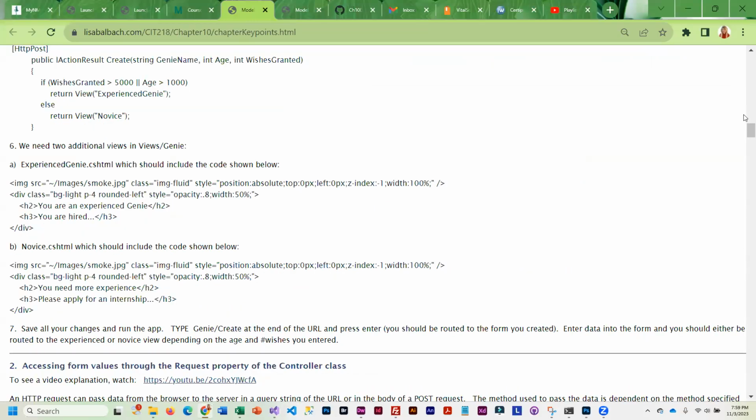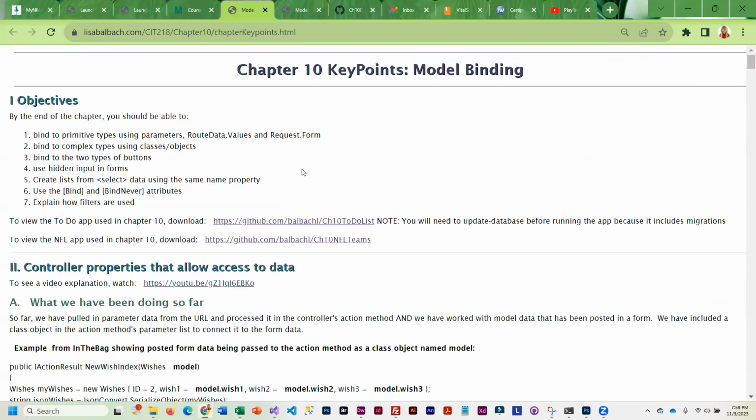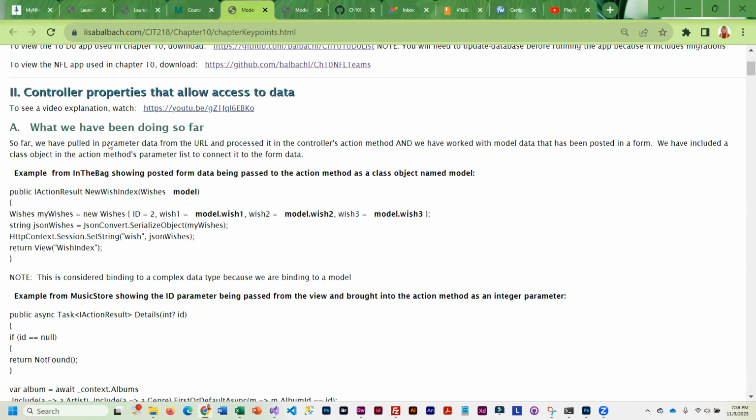You come in here, there are a couple apps that you're going to download. The NFL one, you should have variations of this. The To-Do app is new, and so you are going to need to do an update database. But we start with kind of reviewing what we've been doing so far as model binding